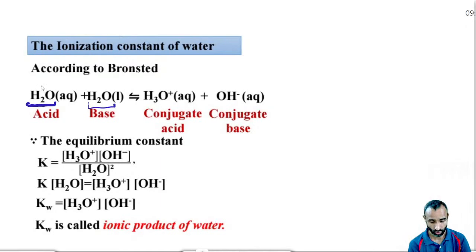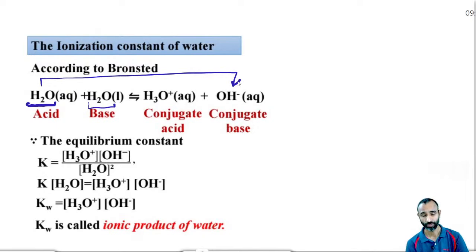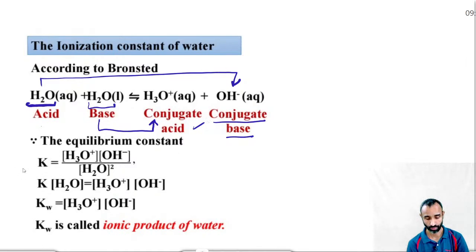So H2O after donation of H plus becomes OH negative. So this acid has this conjugate base, and another water acts as a base and accepts H plus, we get hydronium ion H3O plus, and this is the conjugate acid. So equilibrium constant,